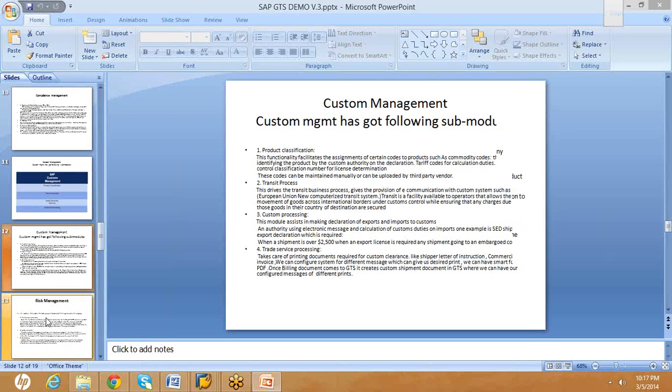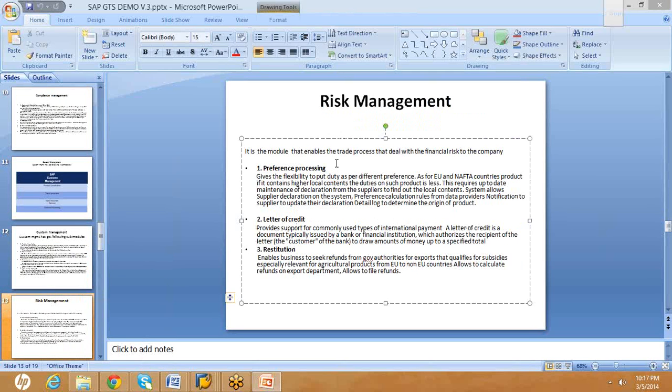And the risk management is dealing with 3 things: preference processing, letter of credit, and restitution. Basically, the preference processing will be taking care of